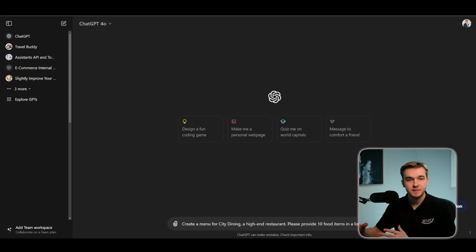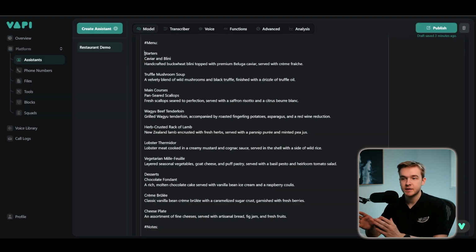To create this menu, I've just gone over to ChatGPT and I'm going to say, create a menu for City Dining, a high-end restaurant. Please provide 10 food items in a list. So here we go. I've just imported the menu from the ChatGPT response, and we've got a wide variety of starters, desserts, and main courses. One thing I will modify is I'm going to add some markdown formatting to each starter, main course, and dessert